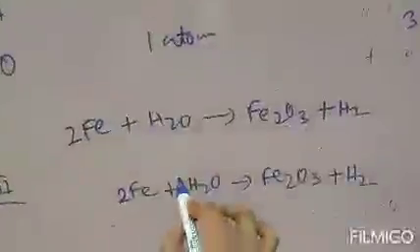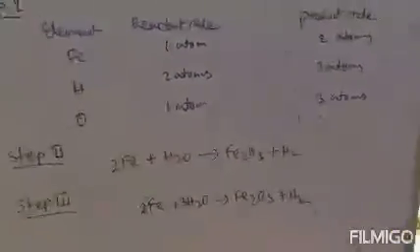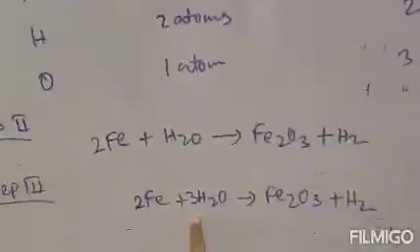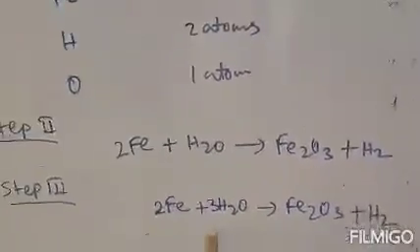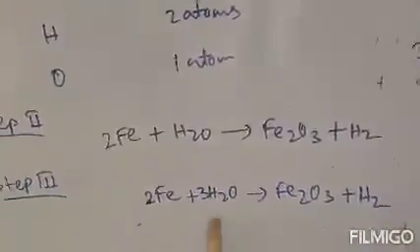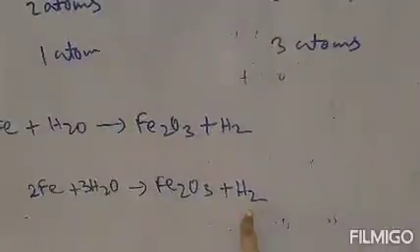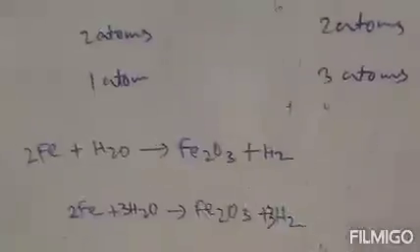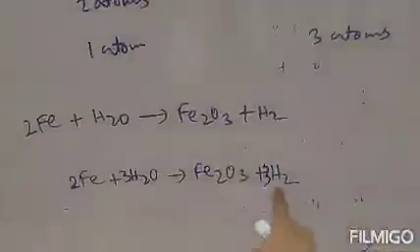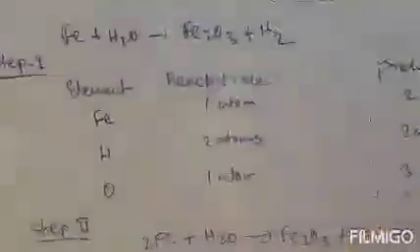So write 3 over here, so that there are 3 oxygen atoms on the reactant side, and on the product side there are also 3 oxygen atoms. So oxygen is balanced, but whenever you put 3 over here, the number of hydrogen atoms changes. Now count the number of hydrogen atoms. There are 3 2s, 6 hydrogen atoms on the left side, and on the product side only 2. That means write 3 also here so that hydrogen is balanced. So now hydrogen is 3 2s are 6 on both sides.